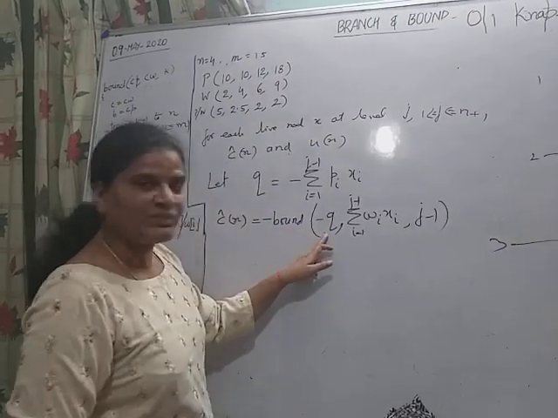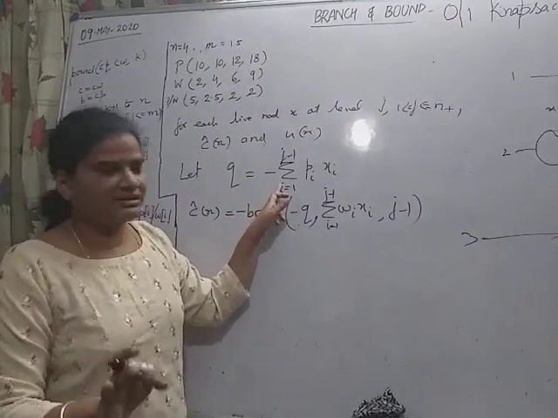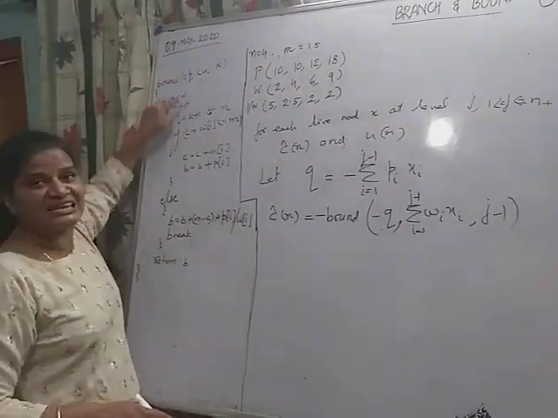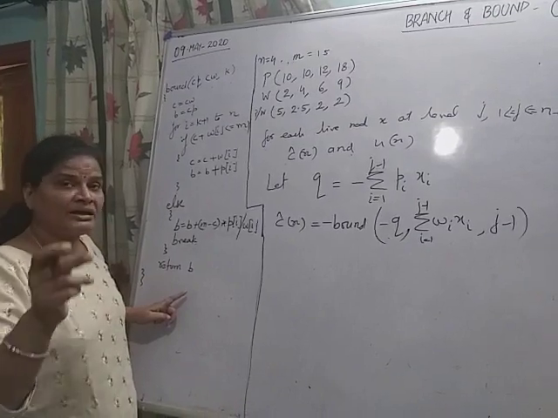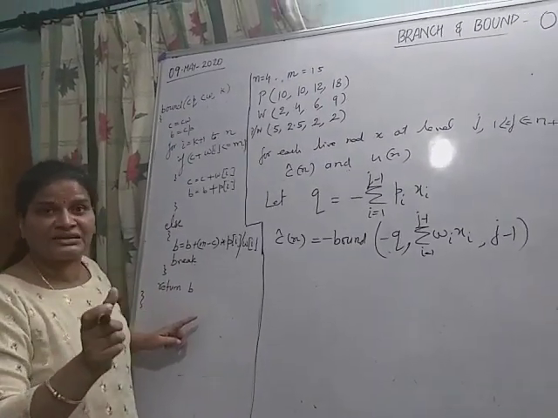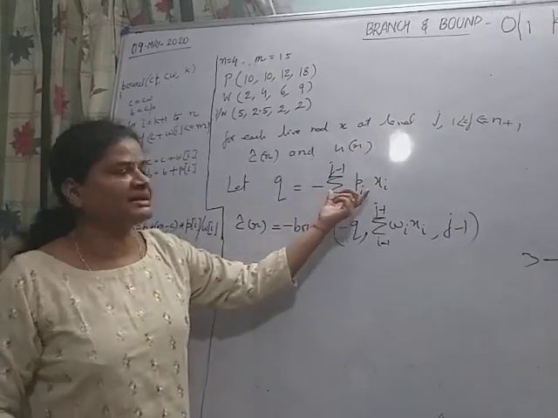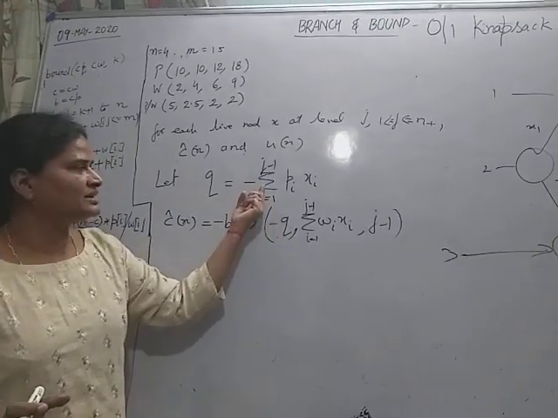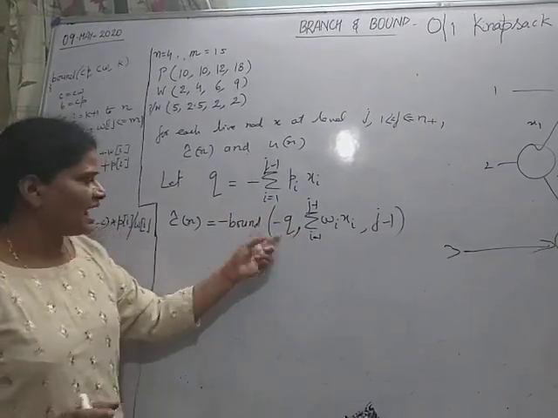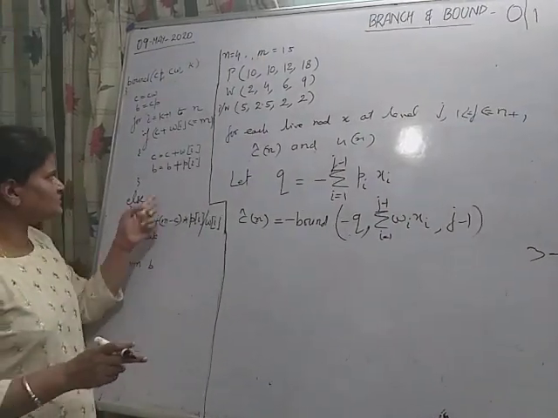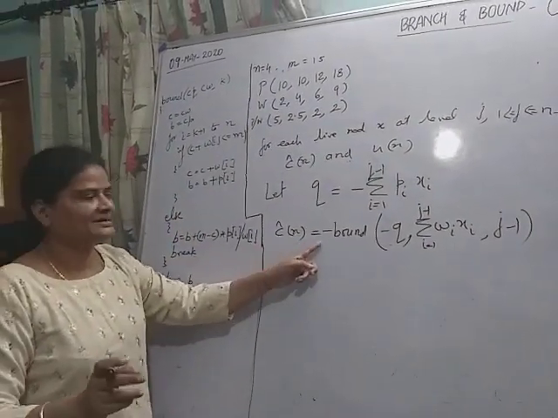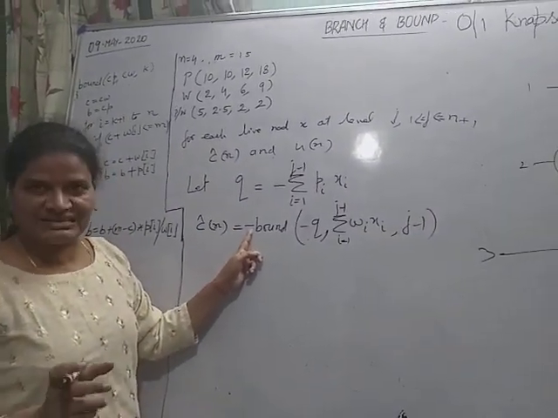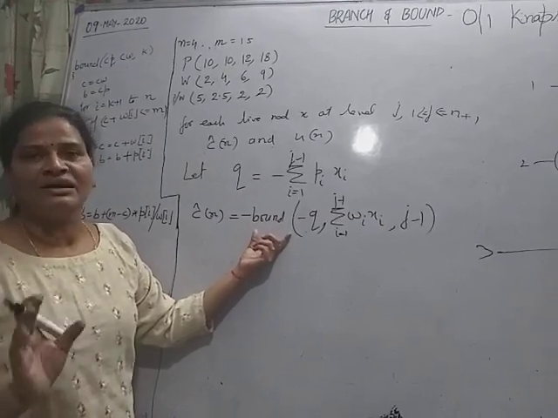Okay, so why minus Q? Because in Q the cost is negative. Here I am passing positive cost because I have not changed the bound function that is used in the backtracking algorithm. But here I am taking the profit as negative. So the current profit at node x I am passing as negative. Negative and negative will become positive. The bound function here uses a plus sign, so it will return positive profit. So I negate it, using the negation sign to change the sign of the profit returned by the bound function.